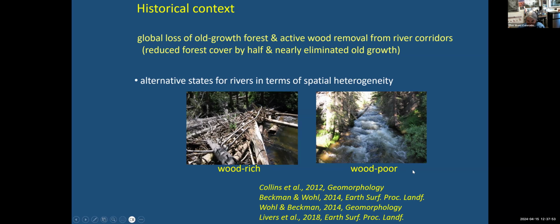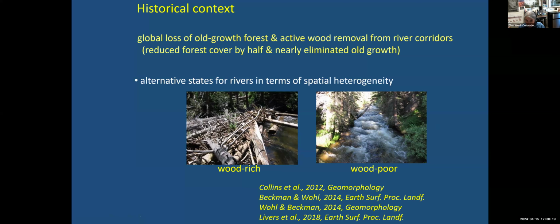The photo on the right is from a lower elevation in the park where there was a history of timber harvest, almost complete deforestation before the park was designated in 1915. And even though the forest has grown back, it's a simpler system. So you see the tree that's about to fall in this photo, there's a lot less to trap it when it does fall in.